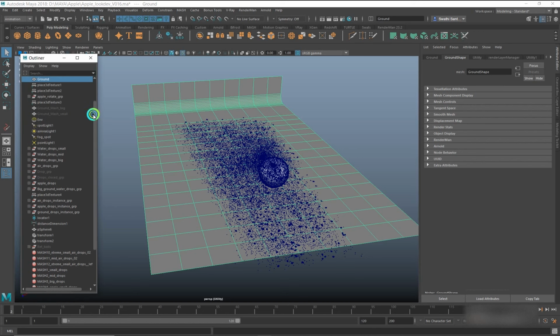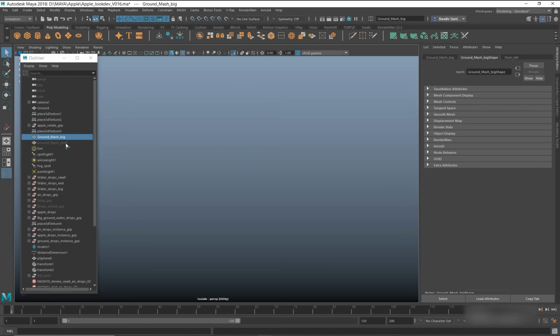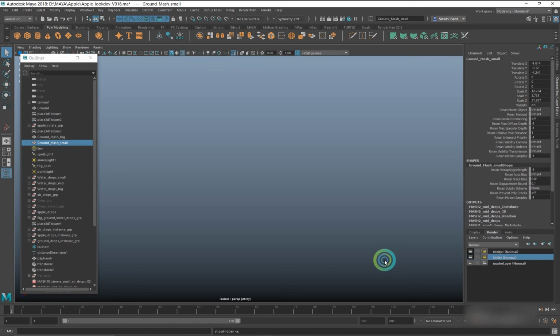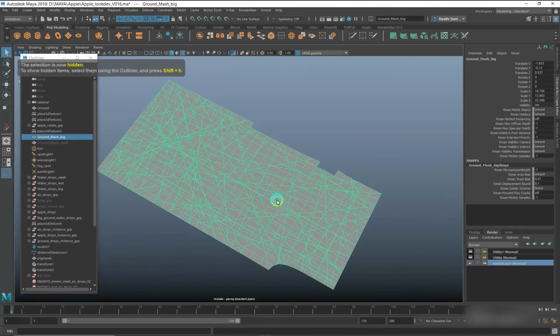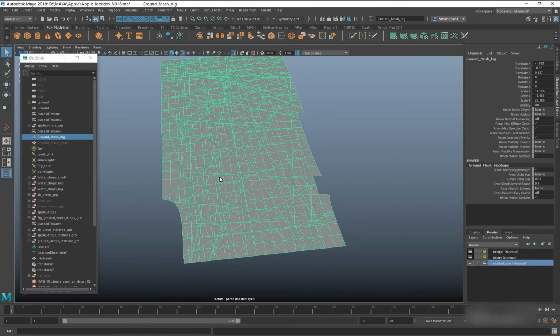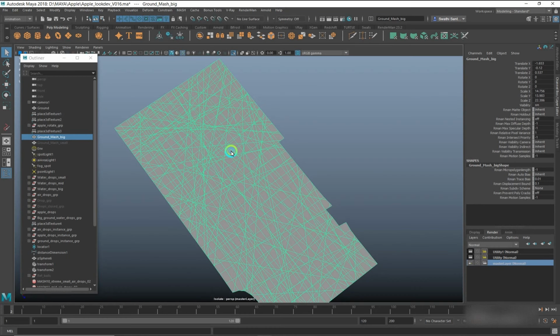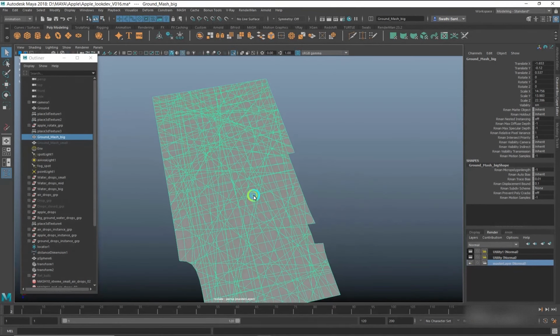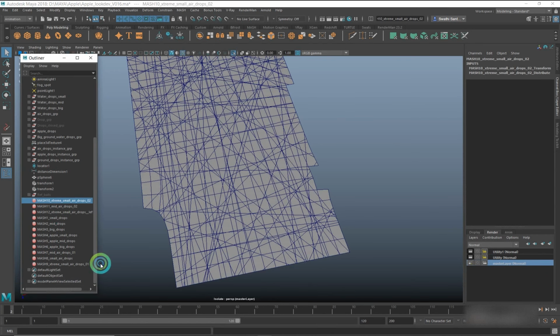So this was the mesh I've used for mesh instancing. I've used the cut polygon tool quite a lot because I was using instancing on points.